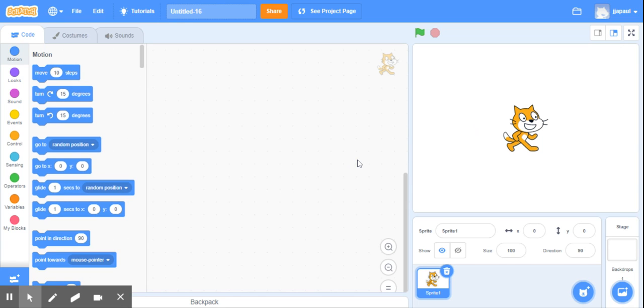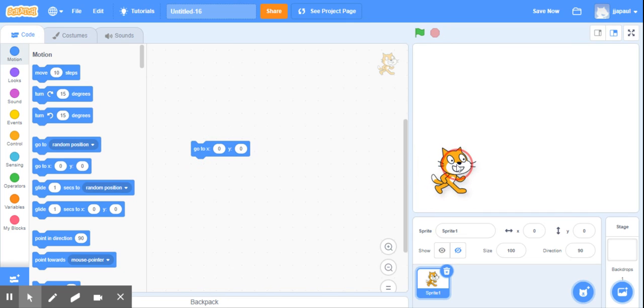So here we have a character and we want this character to walk. So the first thing we want to do is to define where we want him to walk from. So we're going to go to our motion and we're going to go to our go to block and we're going to drag out our go to block and leave him right here. And then we're going to set the character's position where we want him over here,